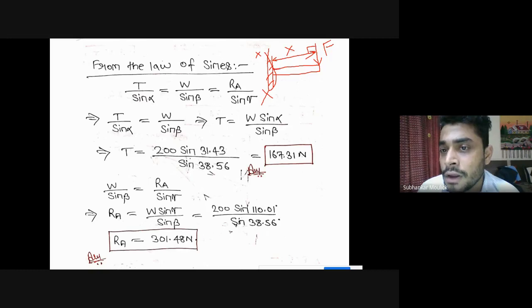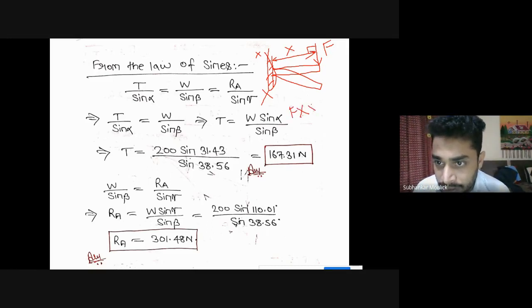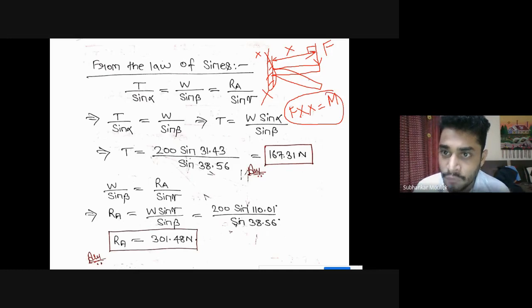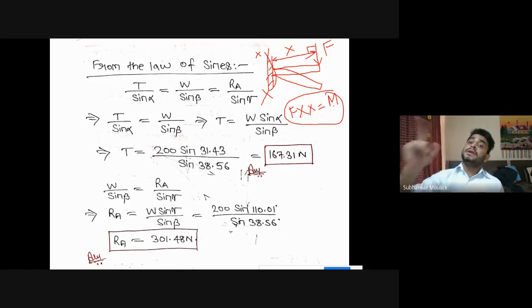Then what will happen? The body will bend like this. So this force F into this perpendicular distance x is known as moment, and this moment is producing what? It is making the body to bend, which is known as bending moment, and this we will be studying in this module. There is one more moment called torsional moment that we will study in the last module.